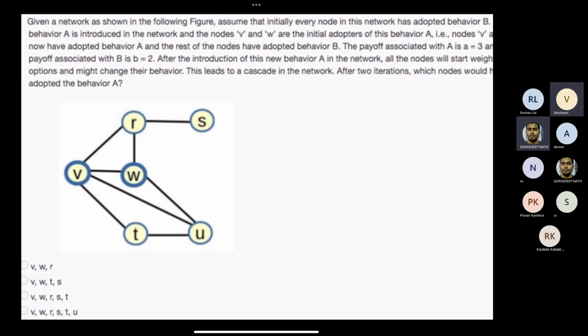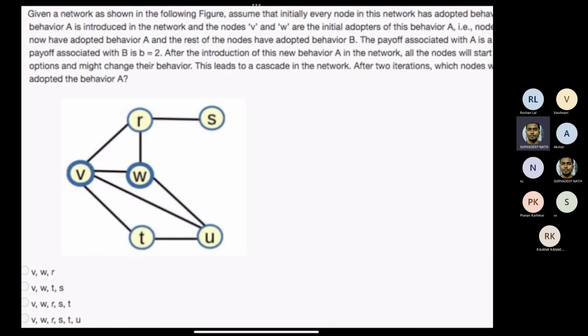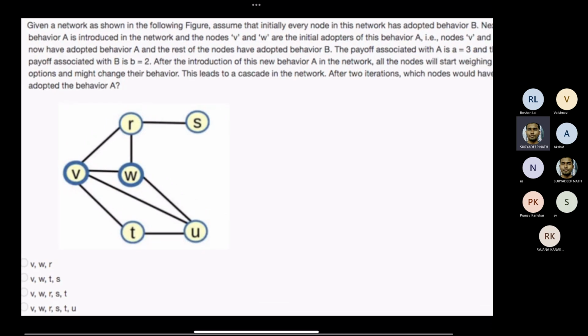Similarly for W, 2 of his friends R and U are with the old idea, so 2 into 2 is 4, and one friend with the new idea, that is V, so 3 is less than 4, so W will also change to idea B. Then in the second iteration, due to influence from R, T and U, V will again change back, and W will change back to this new idea B,